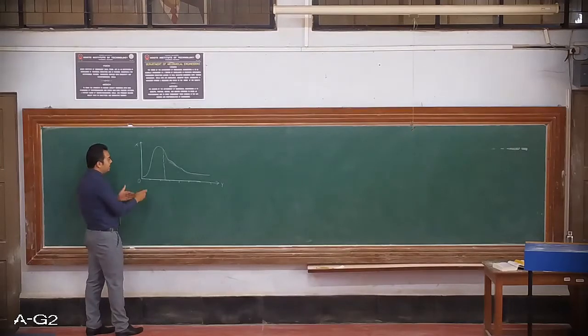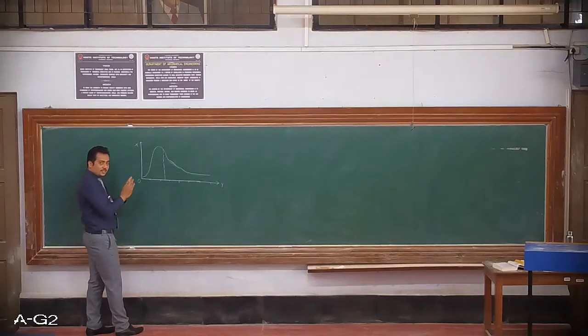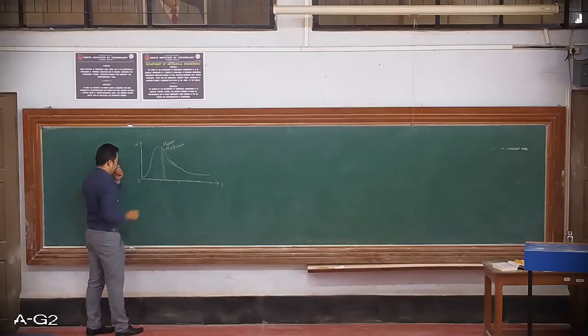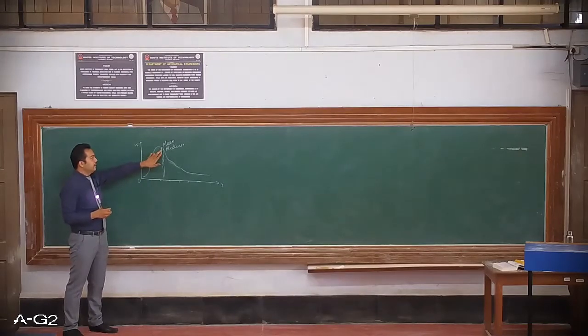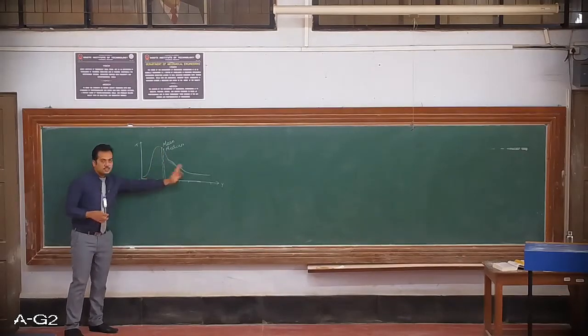Then the arithmetic mean would be much nearer to the central class, but again a little inclined towards the right side. So here we might have the arithmetic mean. This would be our mean value and this would be our median value. Both of them are near the central part, and they are giving us values which are near the central. One is giving the value which divides the distribution into two parts, and another is giving you the value which is the mean of this entire distribution.